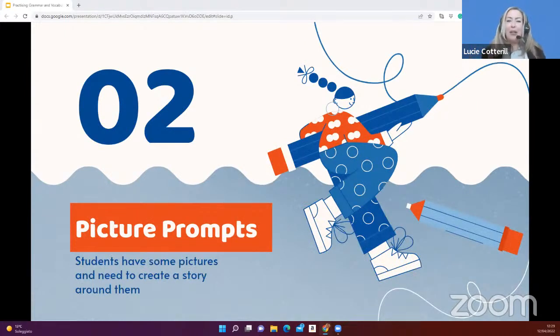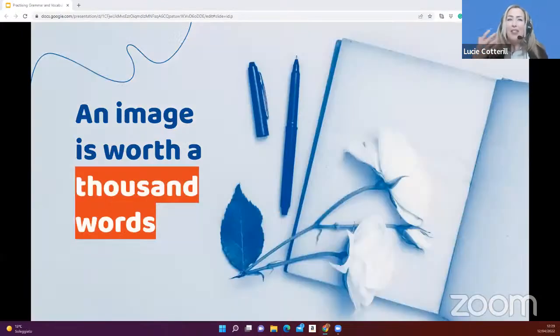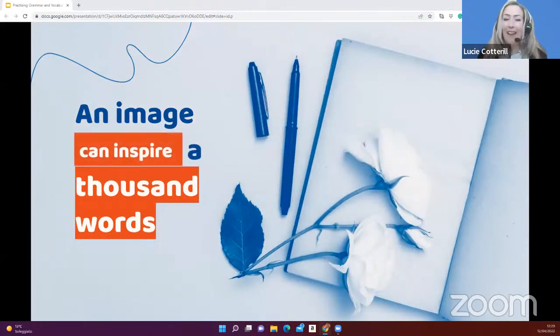Now, the activity I'm going to show you now, although we won't actually do the writing part today, involves choosing some images which represent vocabulary that you want the learners to revise and use, because they do say an image is worth 1,000 words. And I would say it can inspire 1,000 words. And images are a really good way to get students to recall vocabulary and then put it into practice in their writing.